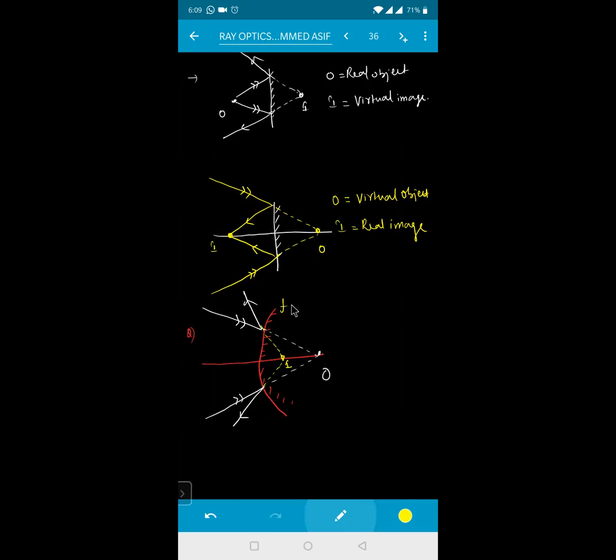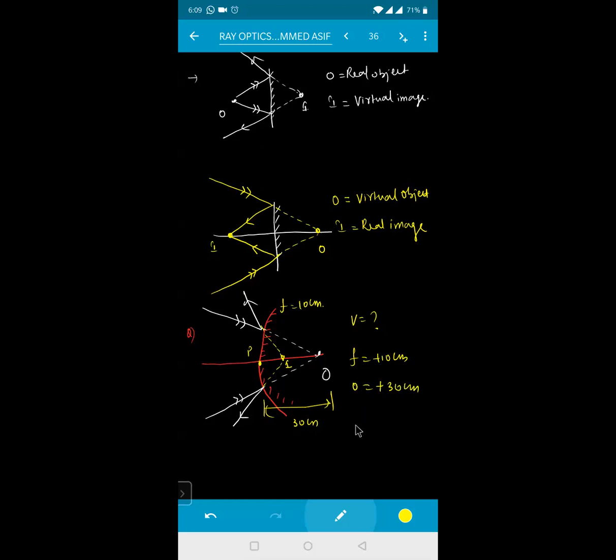See, the focal length of this mirror is given as 10 centimeter, and say, for example, the object from the pole is at a distance of 30 centimeter. Can you tell me where the image formation is happening? V will be equal to how much? Okay. See here, focal length is equal to plus 10 centimeter because it is in the direction of the ray of light, and object distance is also equal to plus 30 centimeter.